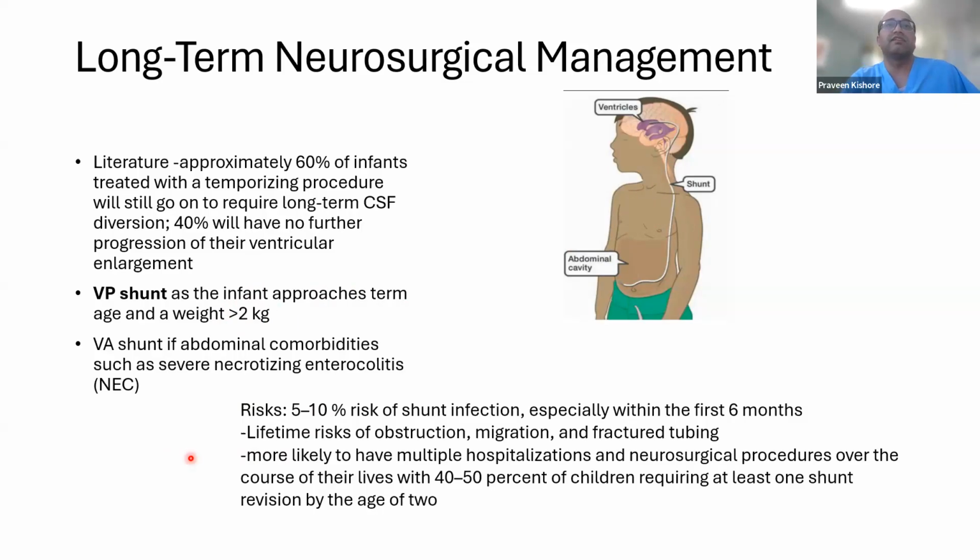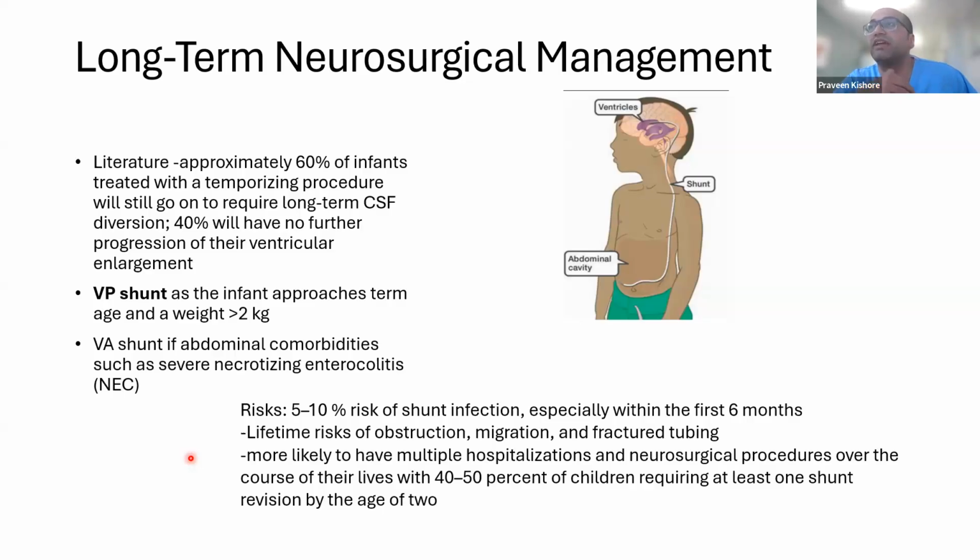So one, there is a 5 to 10% risk of shunt infection, especially during the first 6 months. That period is really troublesome. There is a lifelong risk of obstruction, migration, and fractured tubing. And I guess all our colleagues who have worked in